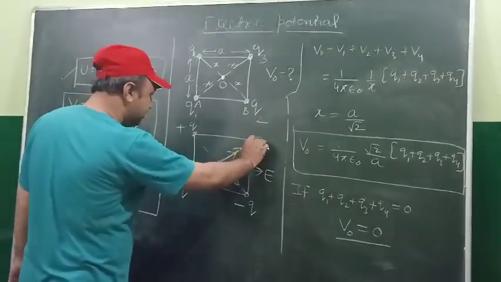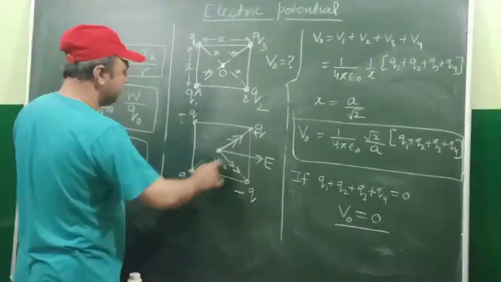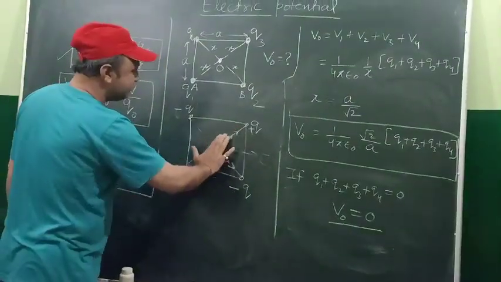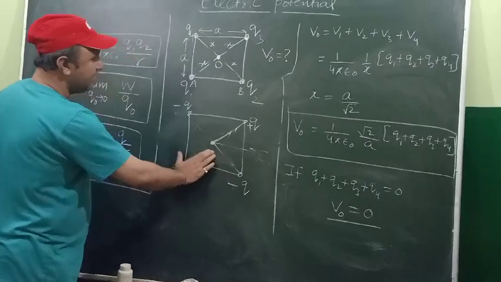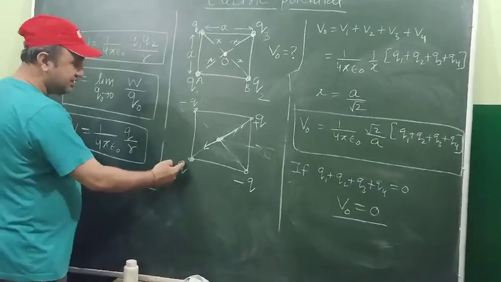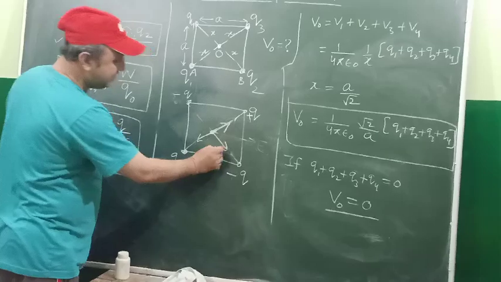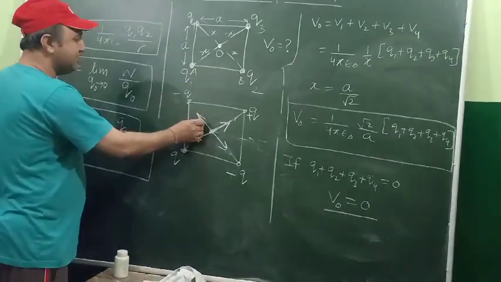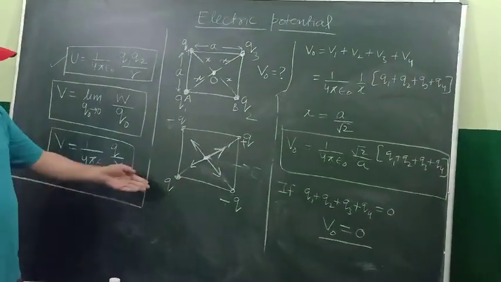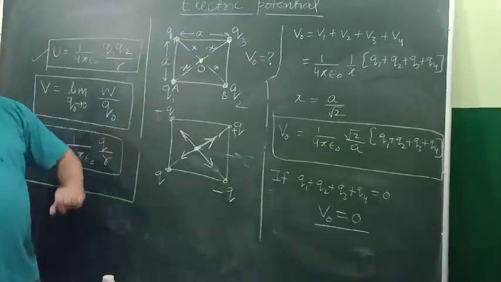So that is a very interesting example. Similarly, if I place this charge positive and this charge negative and this charge negative, again I have two positive charges in the system and two negative charges in the system, then the situation will alter. Now, this is a positive charge, it will generate a field in this direction. This is a positive charge, it will generate a field in that direction. This is a negative charge, it will generate a field in this direction. This is a negative charge, it will generate a field in this direction. And all the 4 electric fields will be of same magnitude, because the charges have the same magnitude and they are at the same distance from the point where we wish to determine it.